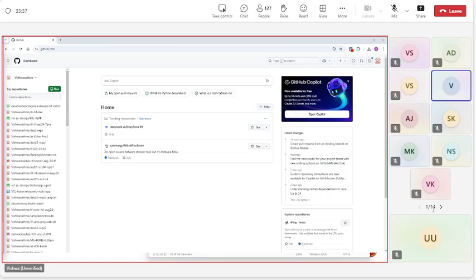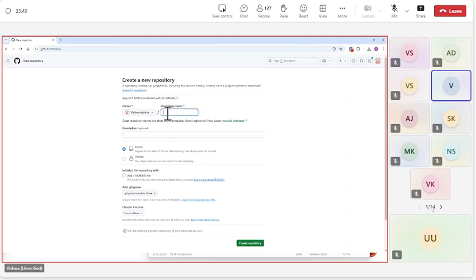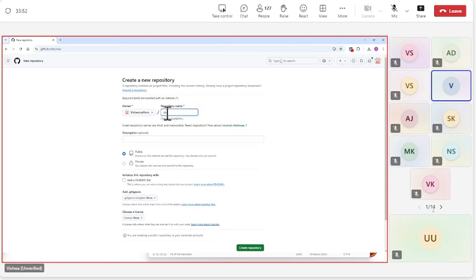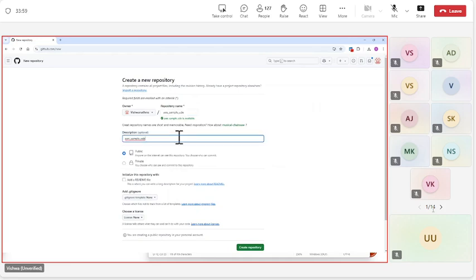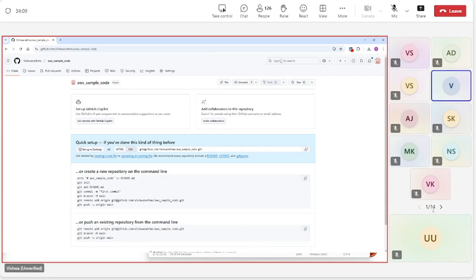Okay, let's create a repository. Repository name. All right, and I'm going to add a sample file.